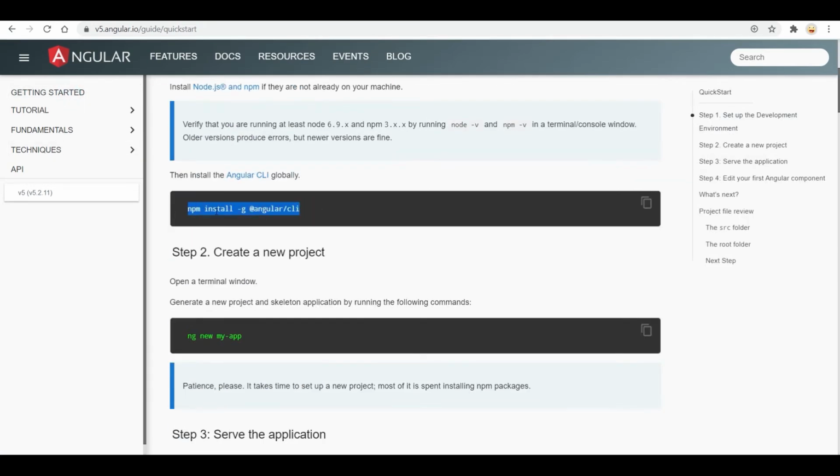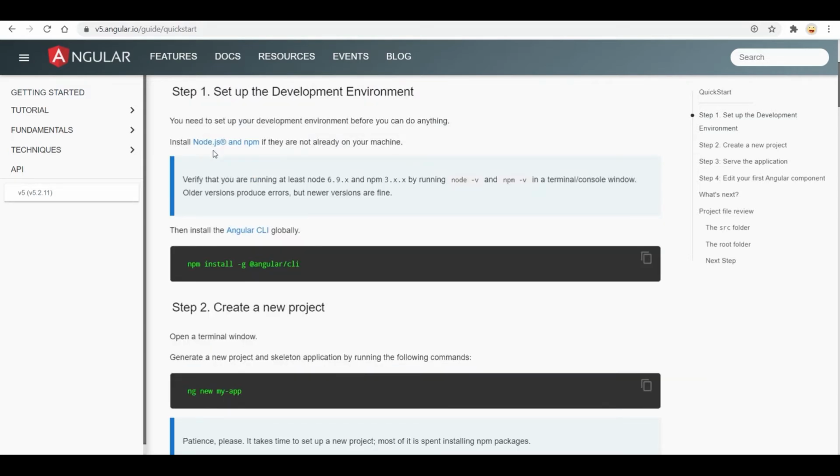In the same way we can install this Angular CLI, but here we require node version 6.9.x minimum. So this is why I was talking about NVM, which will help us to use multiple Angular and node versions.